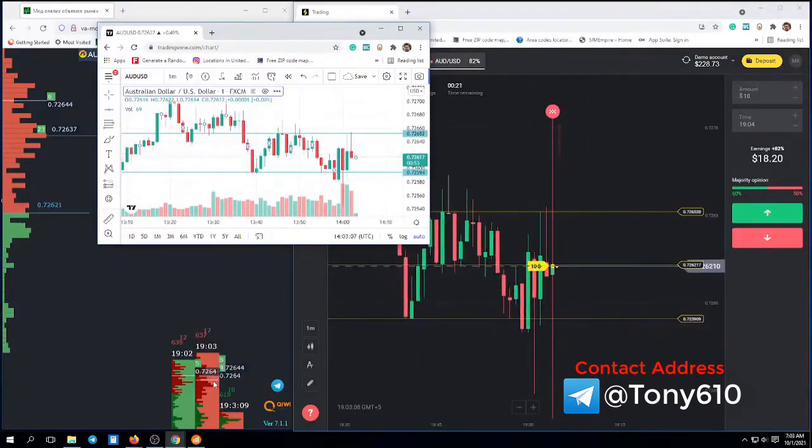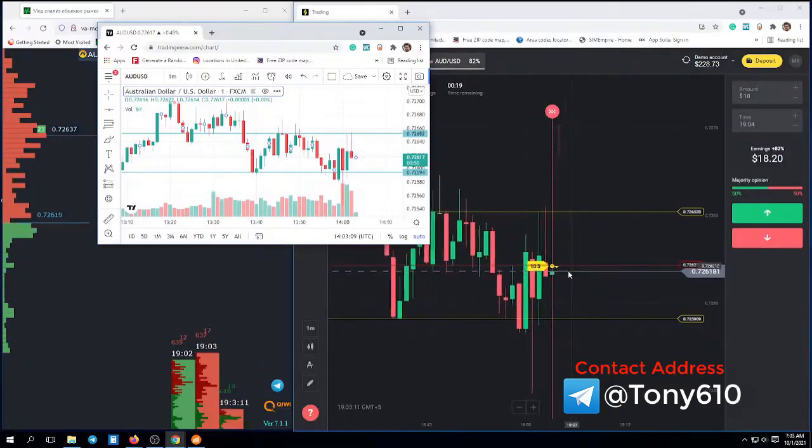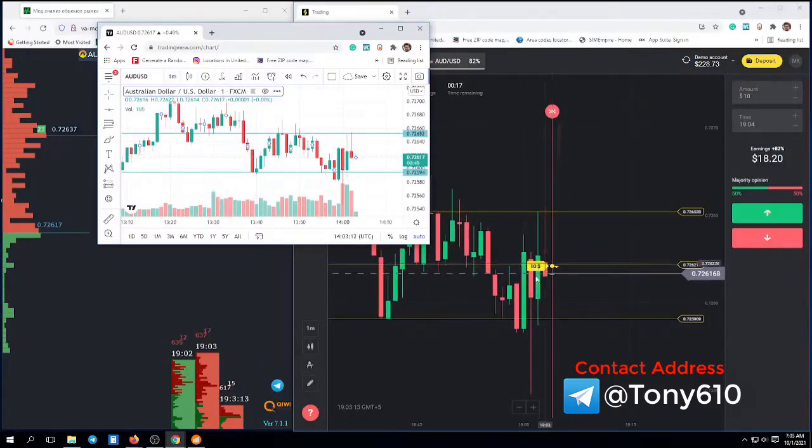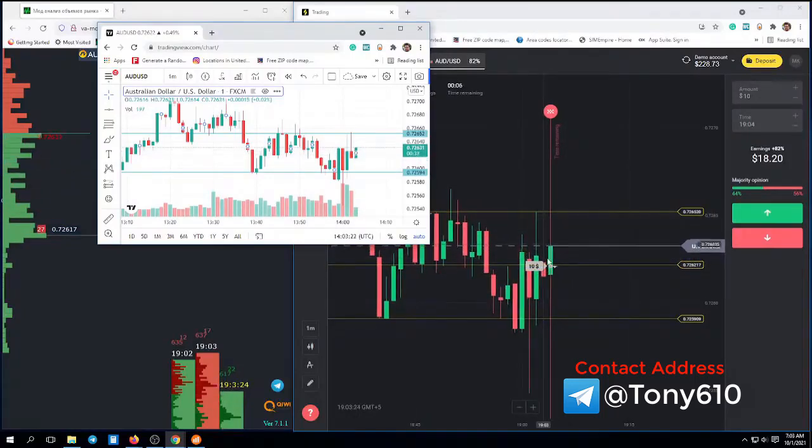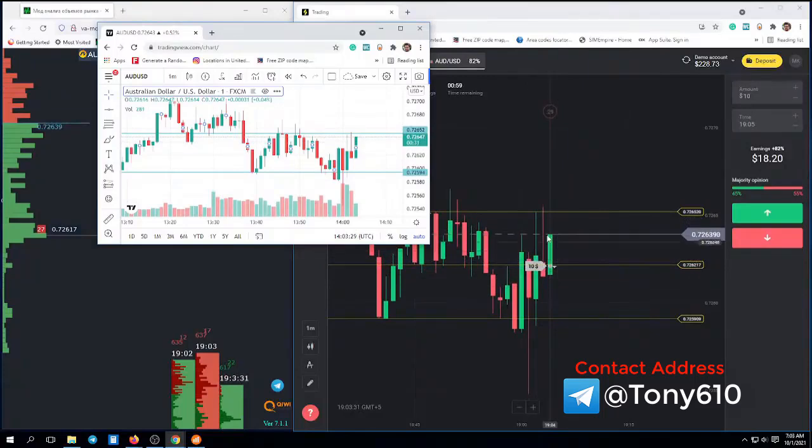Okay, I have placed a put option, because you can see this is my level, and here these green candles did not break out these levels, and this is the red candle, which is the rejection from these levels, and it has closed below these levels. But